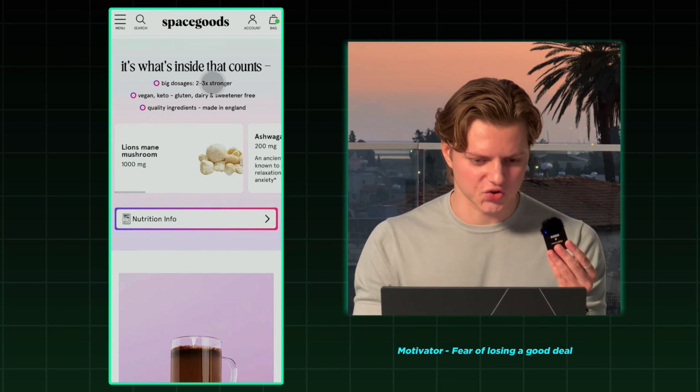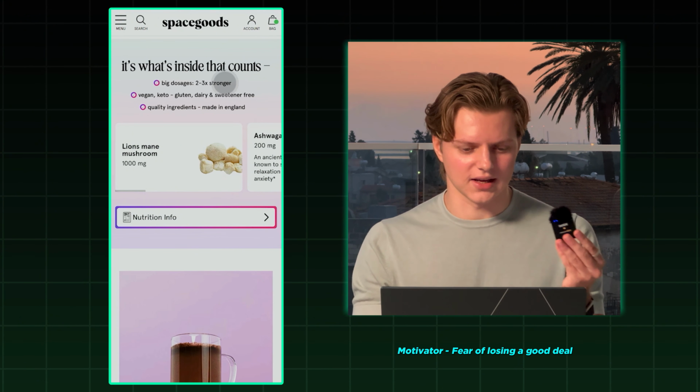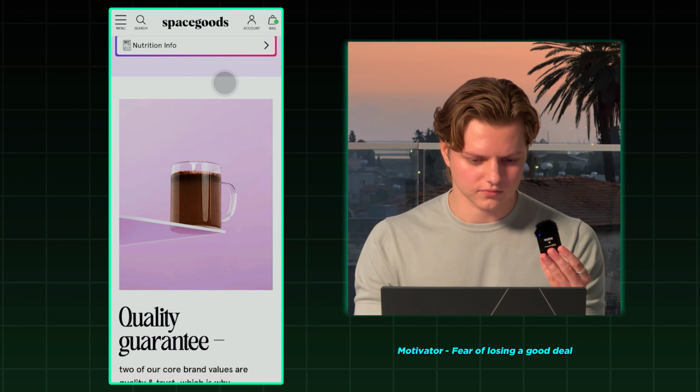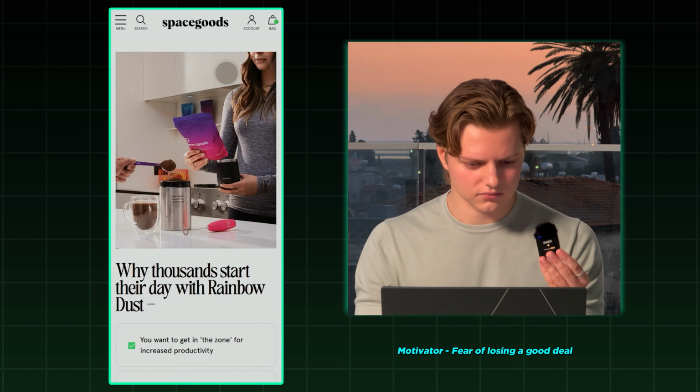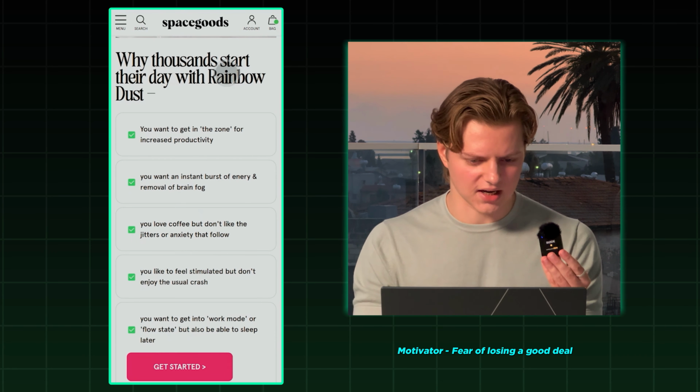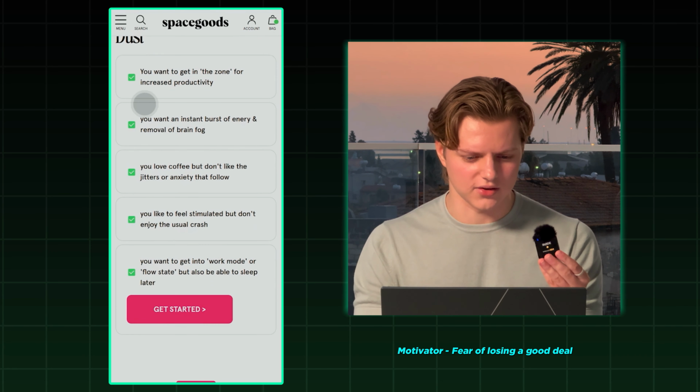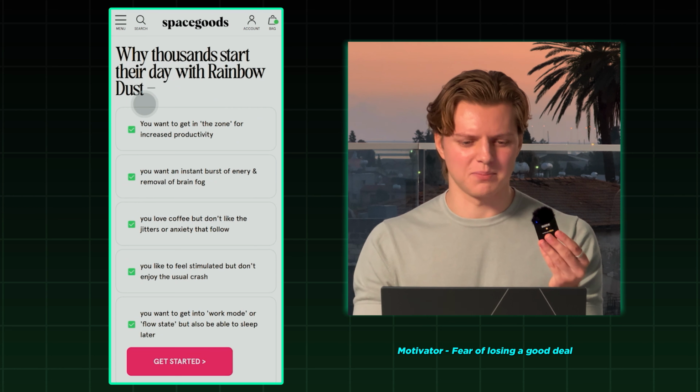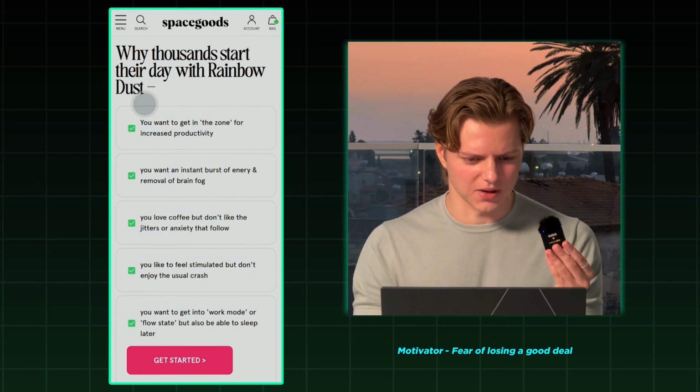But again, they have it so small on mobile that they could really get more out of it by making it bigger. And then they have this benefit section, but I don't like it. It's way too repetitive, too many points, and it makes the customer need to draw too many conclusions, I feel like,